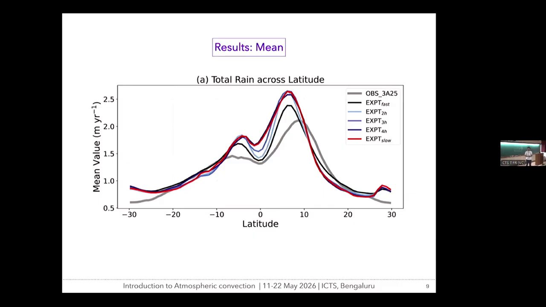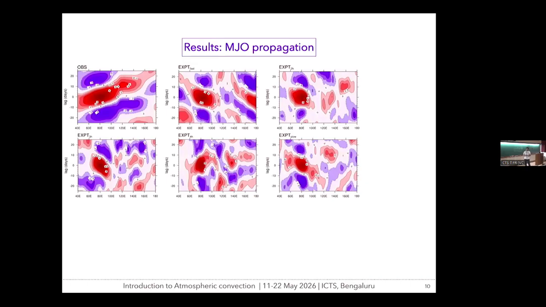So in the second plot, what I'm going to show is, like Eric showed, the MJO propagation. On our left-hand top is observation, and these are the different experiments: experiment fast, 2 hour, 3 hour, 4 hours, and slow. In all experiments, except the 4 hour, every model shows a westward propagation of MJO. So this basically is the outlier in terms of simulating MJO propagation,